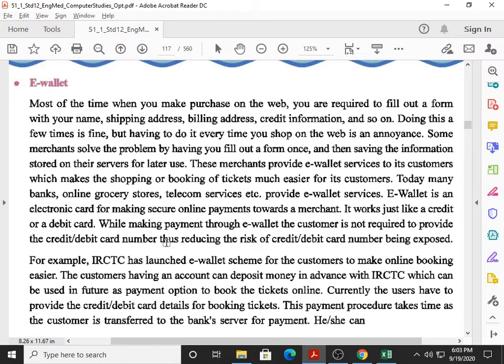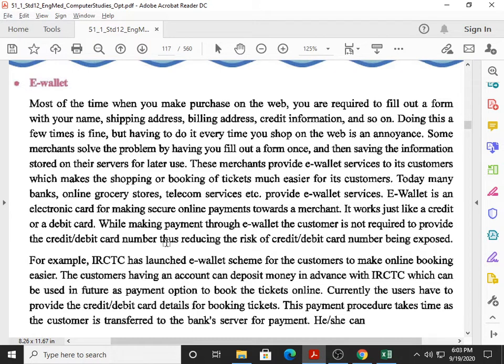For example, if I am traveling daily from my home to my job through Indian Railway, then I will go for a wallet of Indian Railway. In your language, daily pass system. Okay, so when I go for the e-wallet of Indian Railway and when I want to book a ticket, I will get the priority. Remember, those who have an e-wallet, they get the priority because they already paid the amount. Okay, and they will get the facility.